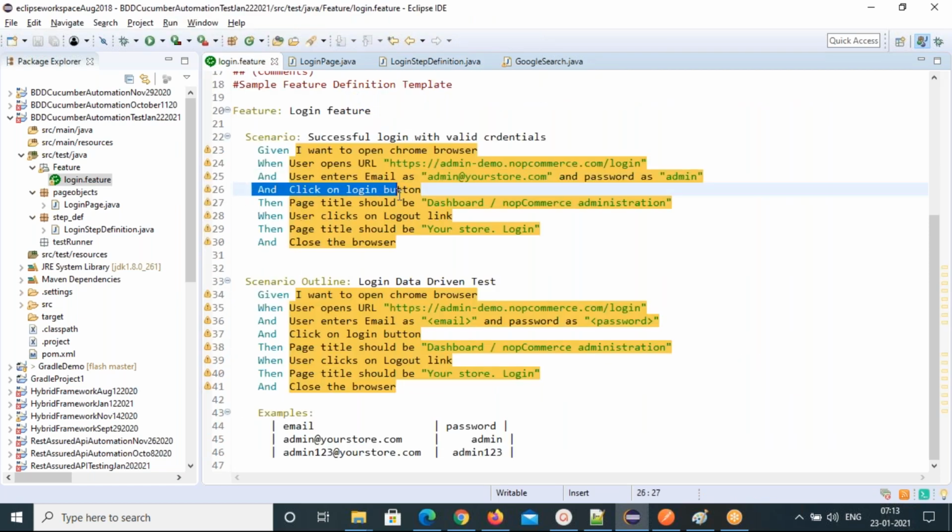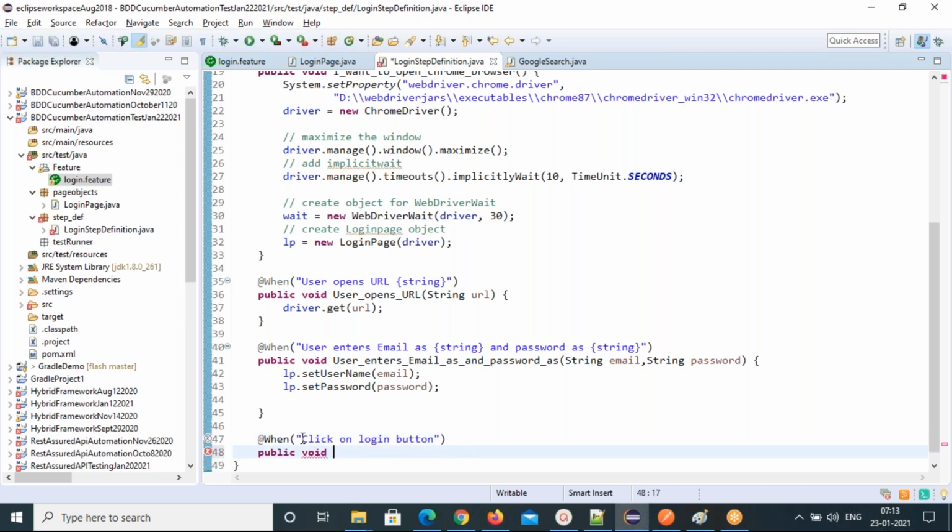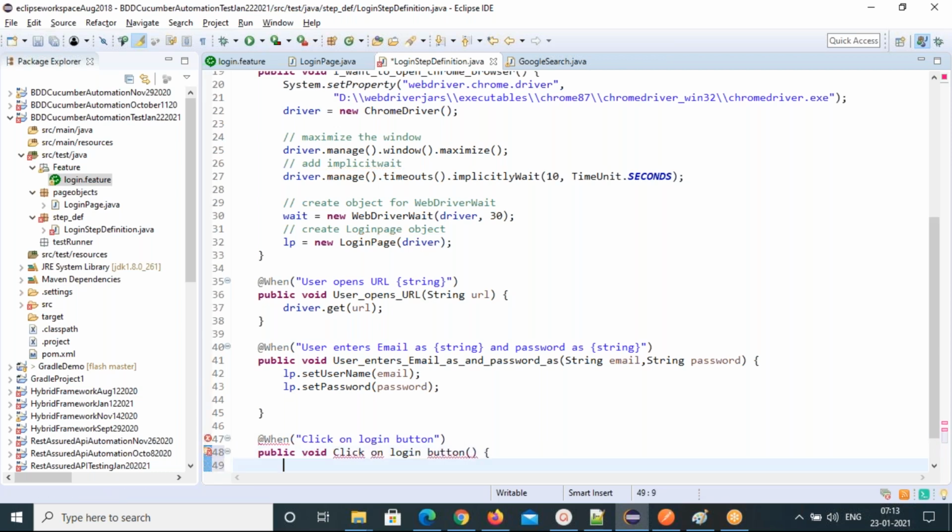Copy this. Click on login button. But this click also belongs to @When, you can just put it here. So I can remove these spaces. That's it. Then put a public void. The step name is your method name, and then place that.